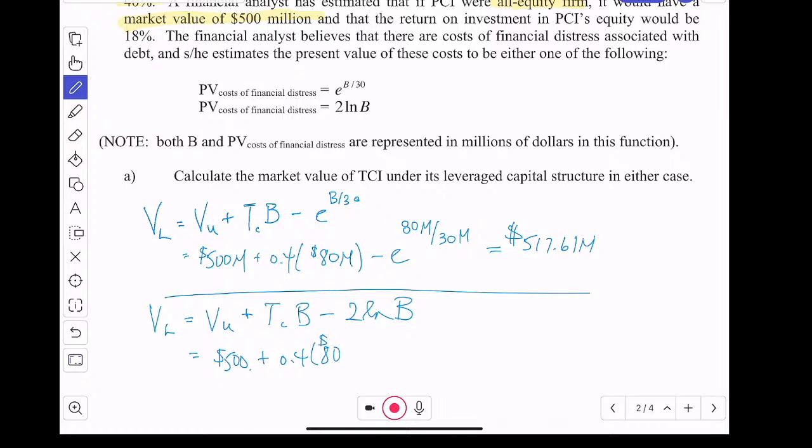Okay, I don't even have to put the M. And minus 2 log of B, and B was 80 million. So with the second formula,